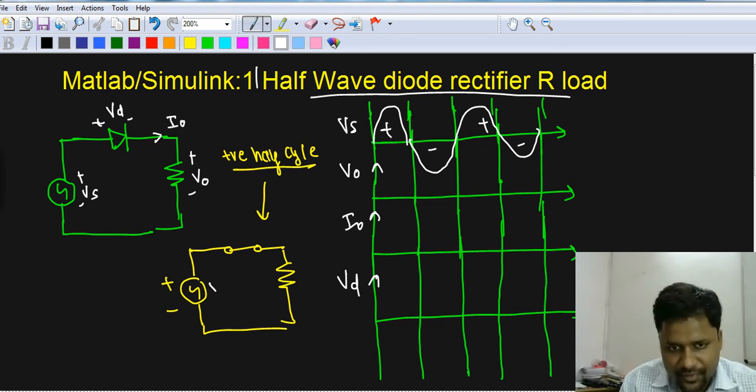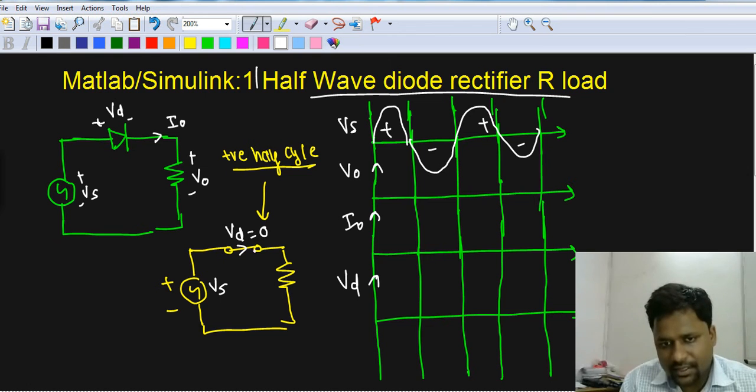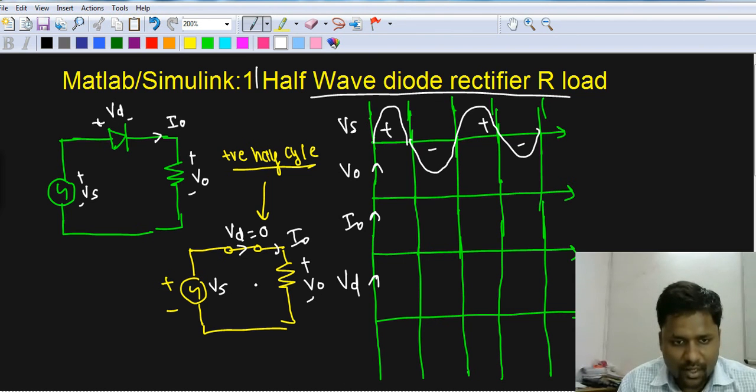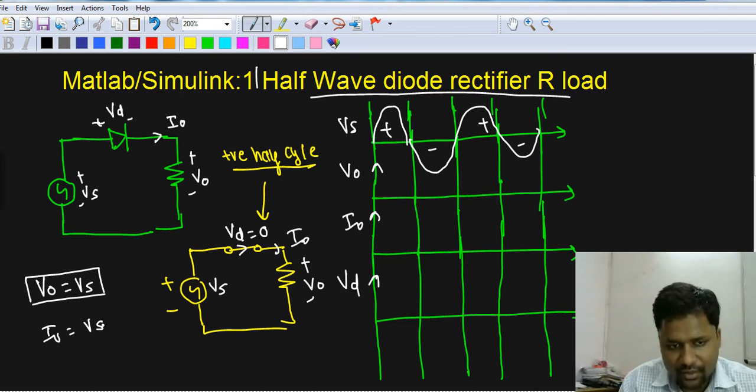So this is the voltage Vs. Here we can see that the Vd becomes 0, and this is the voltage across the load. And the current is flowing, it should be I. If I observe the circuit, we can come to the conclusion that V0 equals Vs during the positive half cycle, and the current is V0 divided by R, which should be Vs divided by R.